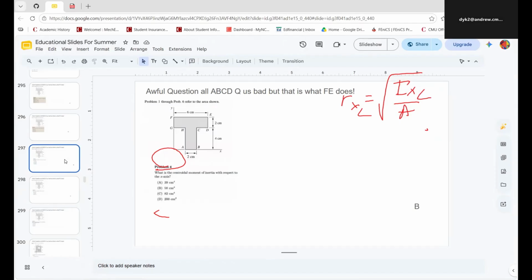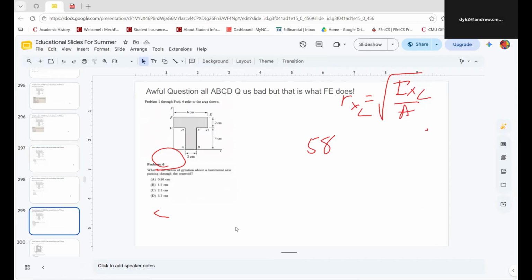I think it's this one, right? It was B was 80. It was centroid with respect to the y-axis. No, that's not correct. We are looking at something. Where is it? Area. Let me. It's this one. Respect to x. Yeah, that is that one. Yeah, 58. So we do that and we do Rxc equals square root of 58 divided by area, which